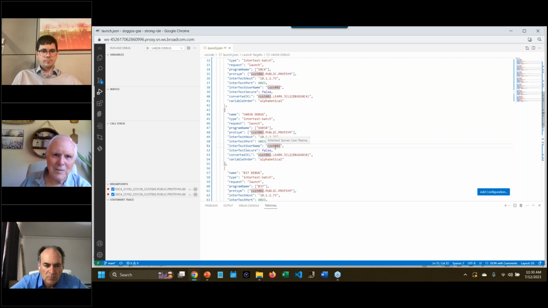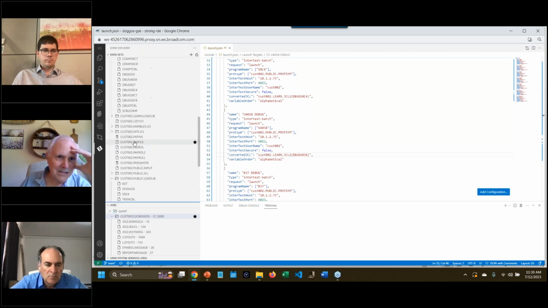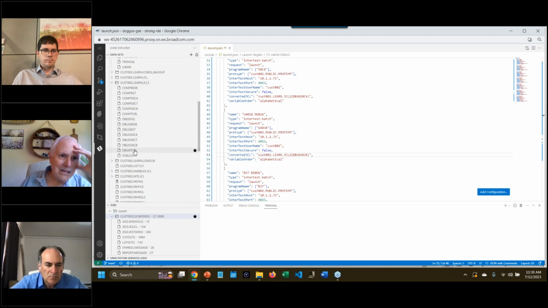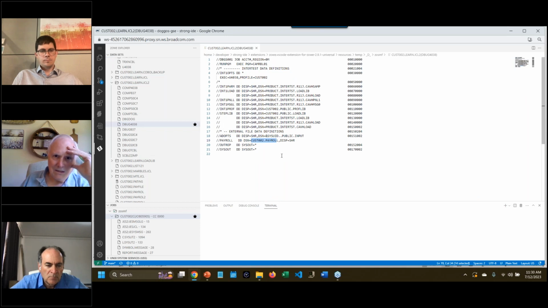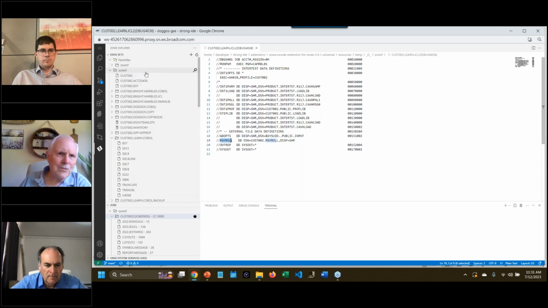So here's my user ID, because I'm going to actually log into the mainframe again in order to use this. And here's where the converted JCL comes from. Whoa, converted JCL. Did not mention that. So let's go to the converted JCL. Debug 438. So we need JCL that provides not syslib, we're done with that kind of stuff, but all of the DD cards. Now, nicely enough and appropriately enough, the work that was done here in the JSON file, let's go back to this quickly,